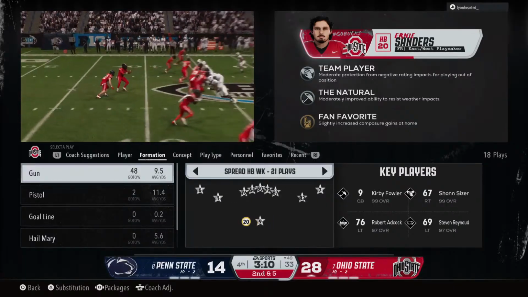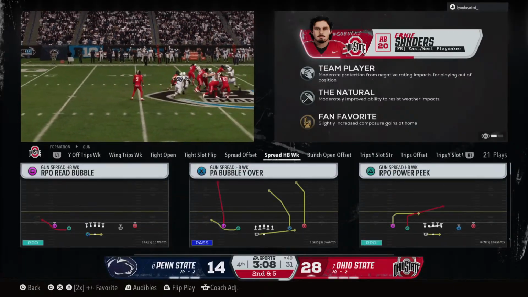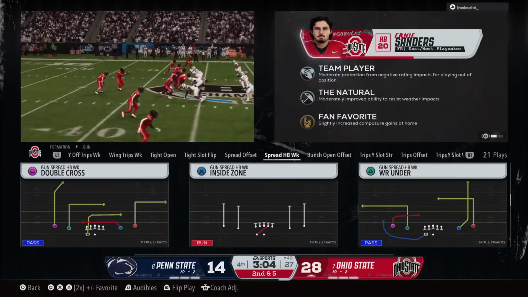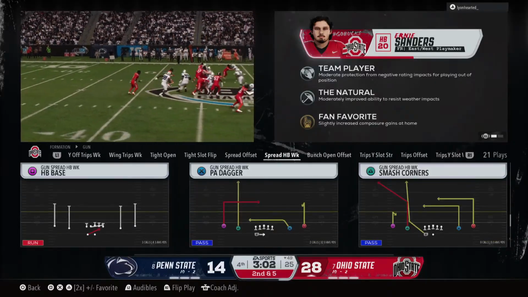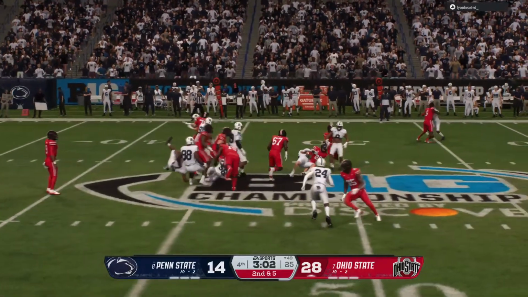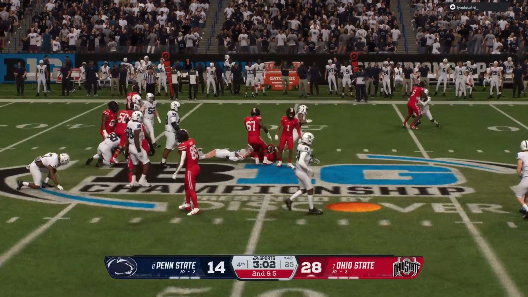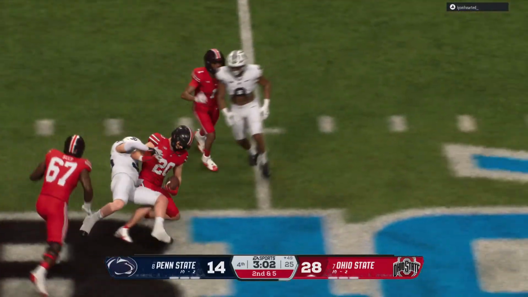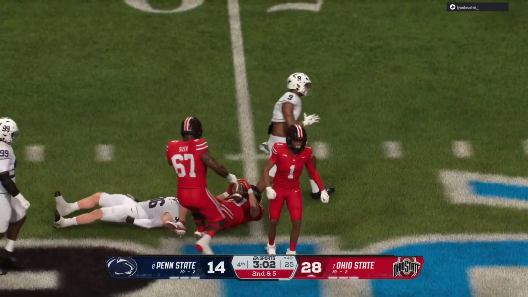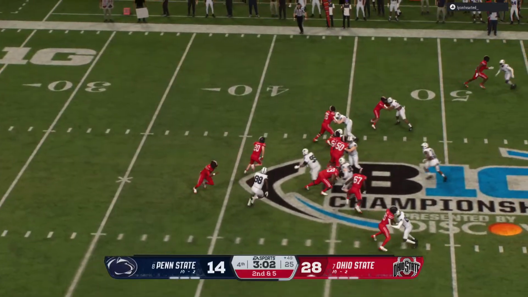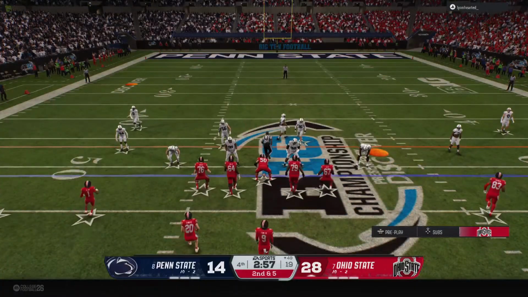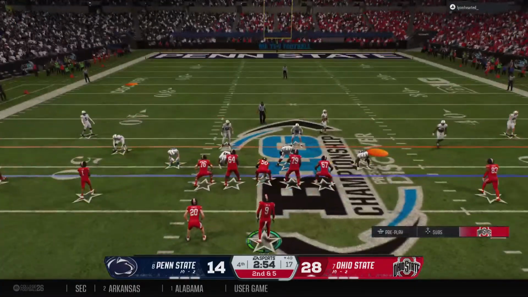It's exactly what you want to see as an offensive coordinator. Second down after that run on the previous play.